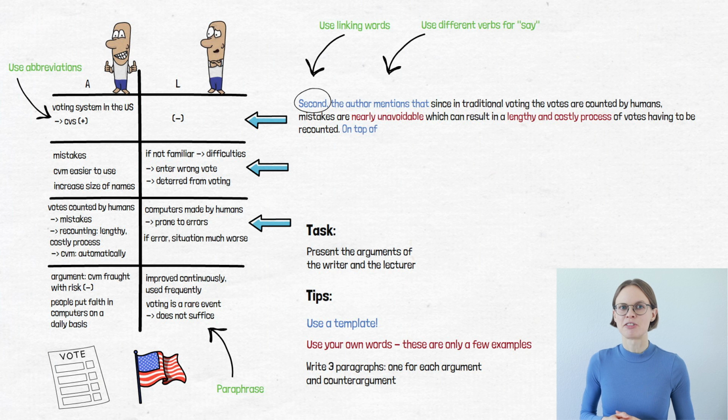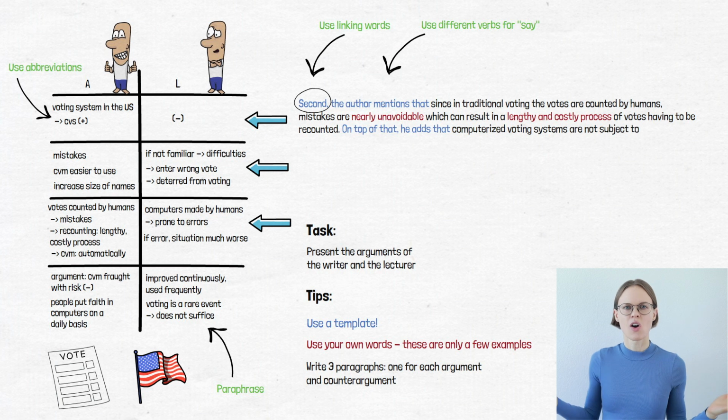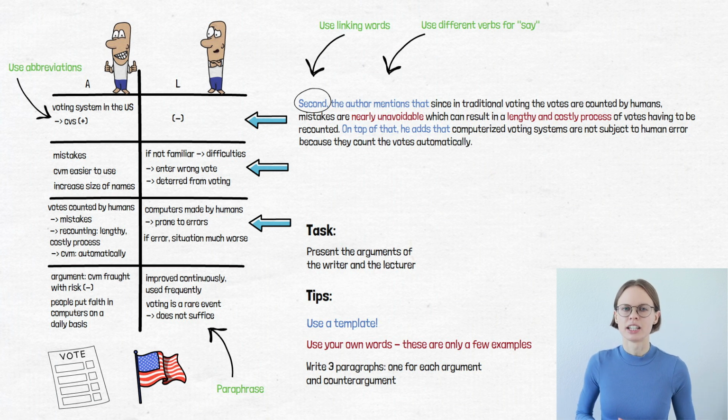So I'm going to write, on top of that, he adds that computerized voting systems are not subject to human error because they count the votes automatically. Now let's go on with the counter-argument of the lecturer. Have a look at the table so that you know what you have to talk about regarding this counter-arguments, and